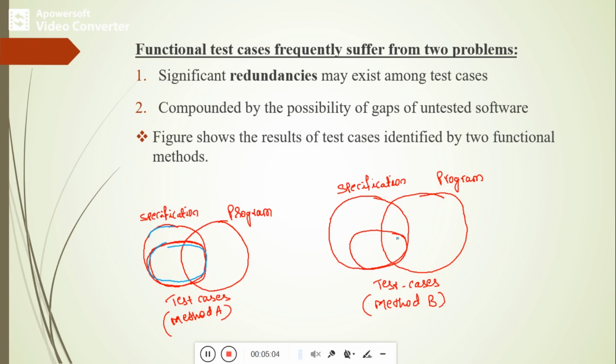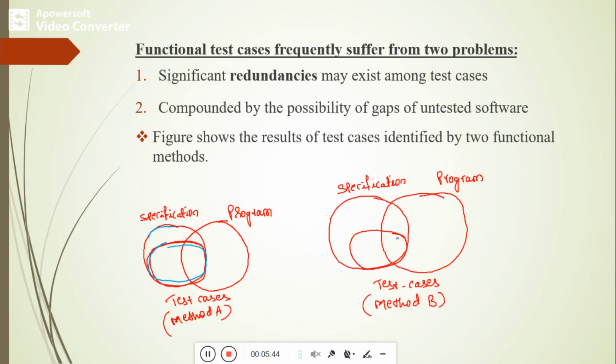Please remember that the functional testing technique is also called a black box testing technique. Why do we call it a black box? Because the implementation part of the software or product is unknown to the tester. The tester doesn't know about the implementation inside the product, that is, which algorithm was used, what data types they used, how many lines of code exist, and which language they used. That is all unknown to the tester.